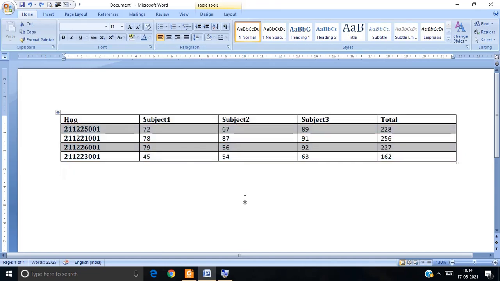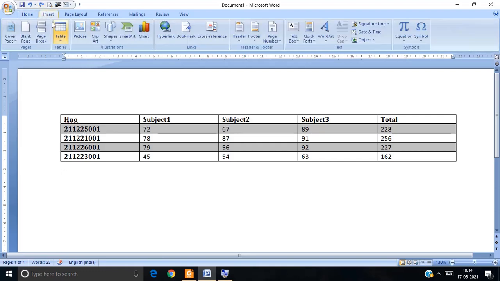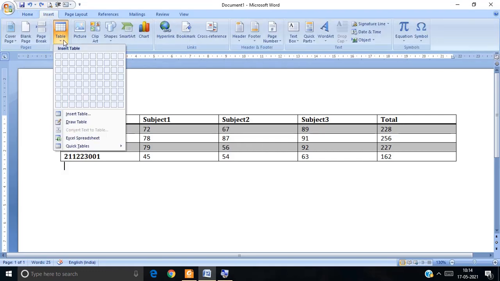Okay, next one, this is about insertion of a table and values in a Microsoft Word document. How will we insert a table in MS Word? We have to go to the Insert menu, then select Table. Here in 2007 it displays how many rows and how many columns, like a graphical display, and you can directly select them, or otherwise you can select the Insert Table option.